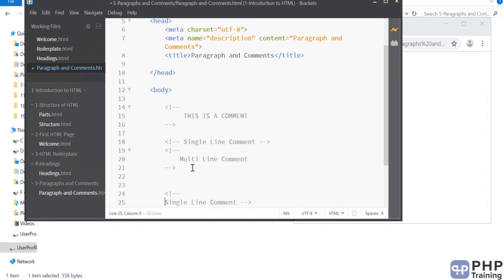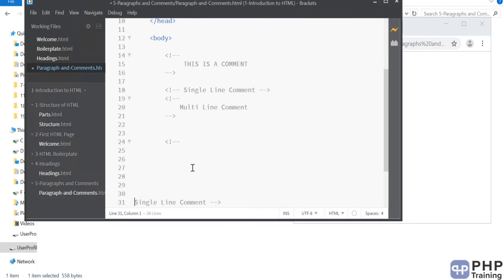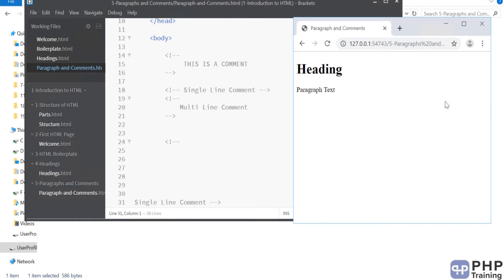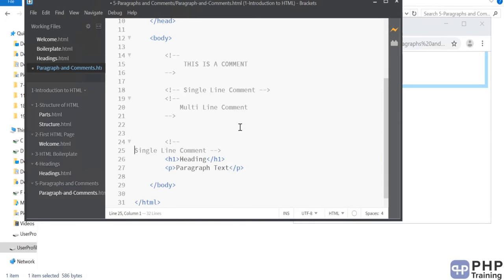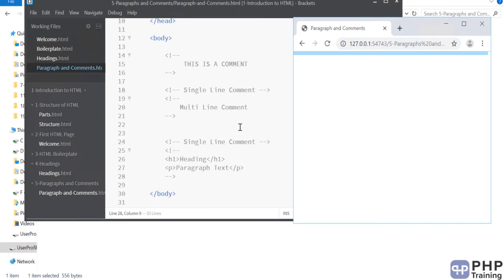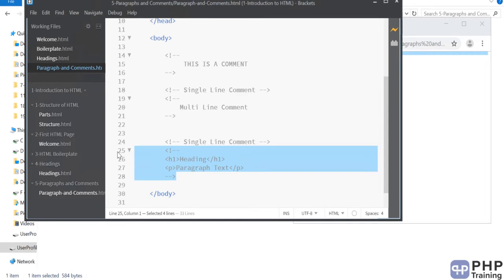After the dash dash, you can add any number of spaces and it will be fine. It will not be displayed in the output. All right, so understand how comments are written in an HTML page, because it's very important. If you want to comment out any code, let's say this code, I'm just going to say dash dash and dash dash and greater than symbol. Okay, and if you look at the output, all the contents are gone because this is commented.